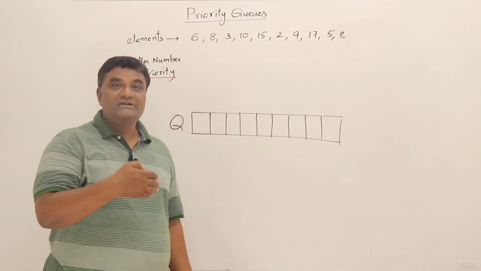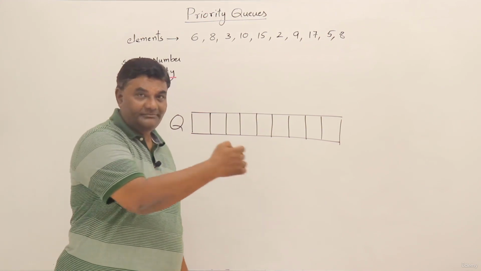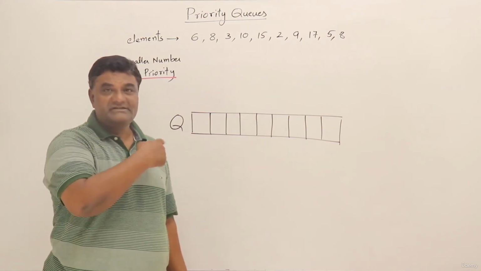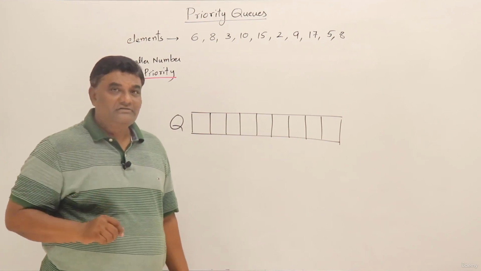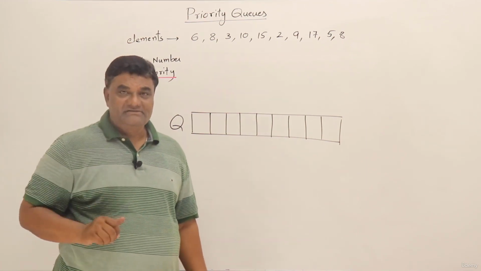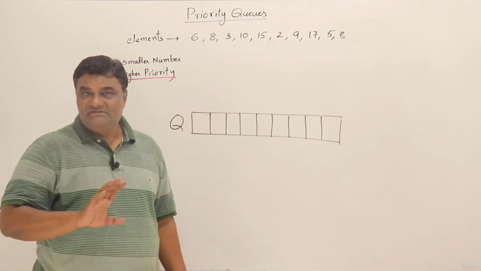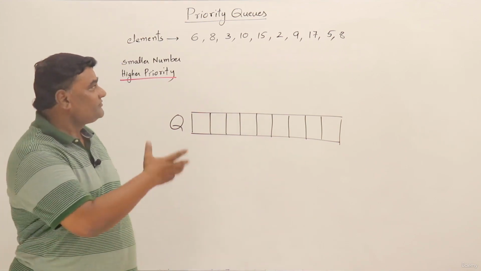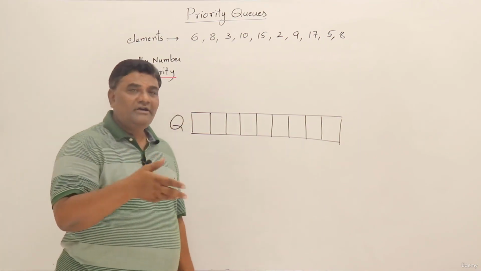It means if you want the elements in the decreasing order of the priority, first highest priority, then next highest priority, then you have to arrange the elements in increasing order, sorted order. Next, the question is how to implement this. Now this is not FIFO, right? So I have just taken an array. I have to store those elements in an array. So how should I store?